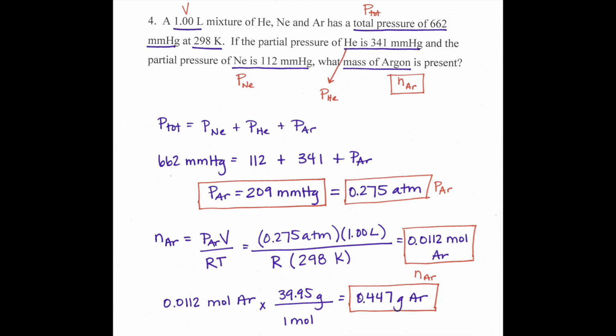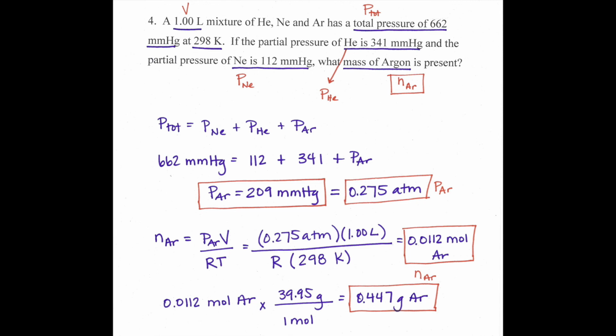The volume for our sample of argon is going to be 1 liter. All of our particles have access to the full volume of the sample. The temperature for our sample of argon is going to be 298 Kelvin, which is the same temperature for the entire system. When I substitute into the equation for my partial pressure of argon, my volume of 1 liter, R, and my temperature of 298 Kelvin, I get